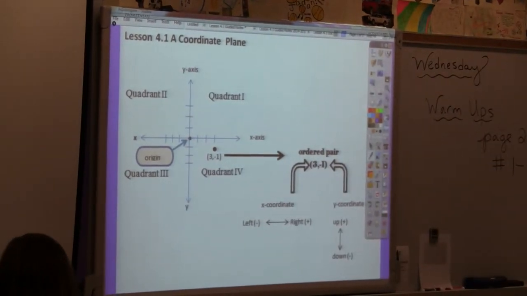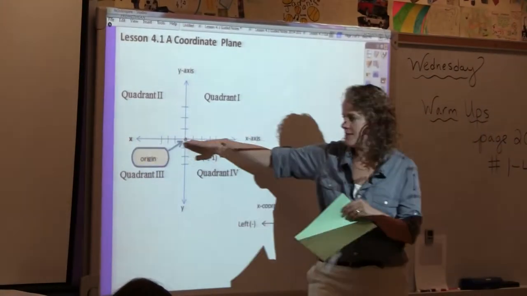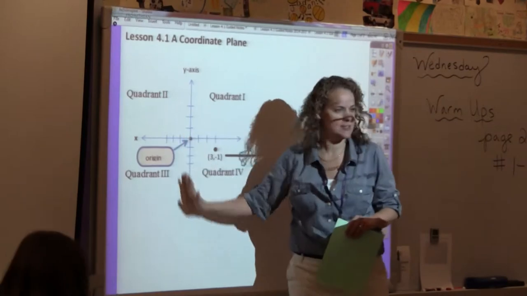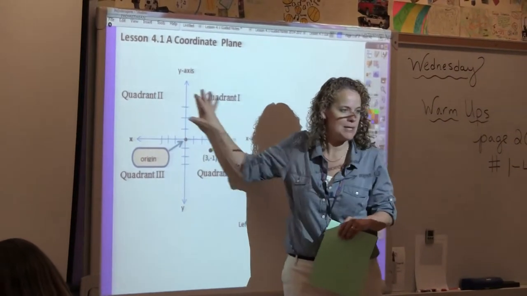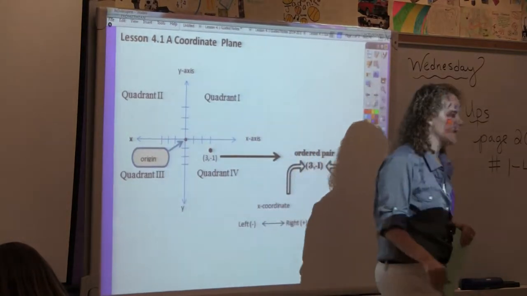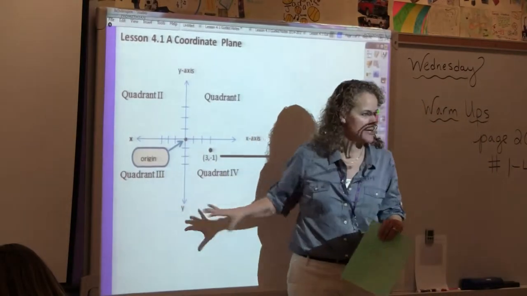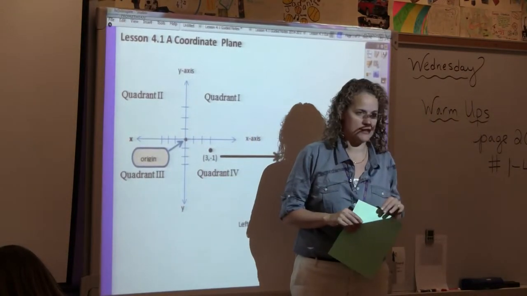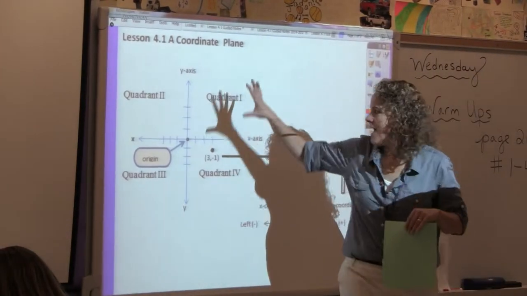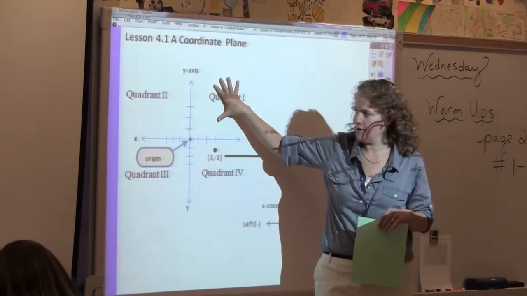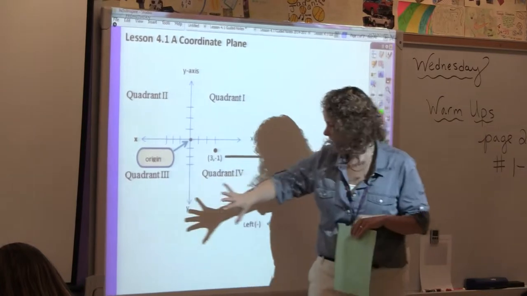So the coordinate plane involves the x-axis, going across here, and the y-axis, going up and down. X-axis and y-axis create the coordinate plane, this flat thing where we graph points. This coordinate plane is divided into 4 sections called quadrants. Quad, there's 4 of them. Sections. We have the first quadrant up here, second quadrant up here, third quadrant down here, and then fourth quadrant